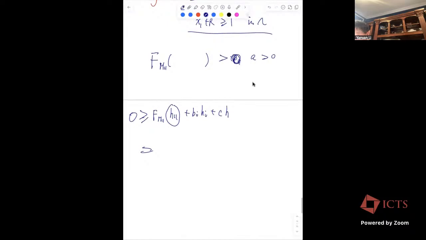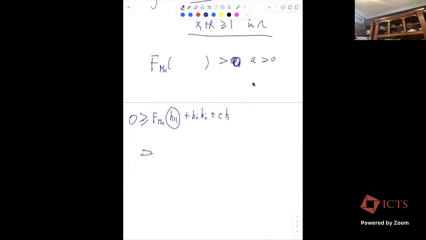So you are going to see F_M11, and you see K lambda square e to the minus lambda (x1 plus r). And the next one you will see is minus K lambda B1 e to the minus lambda (x1 plus r), and plus C